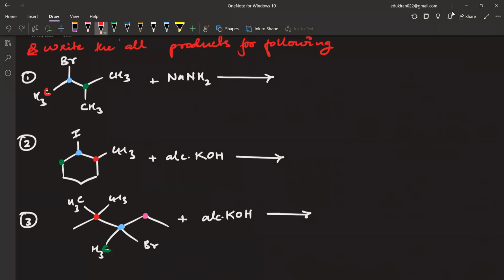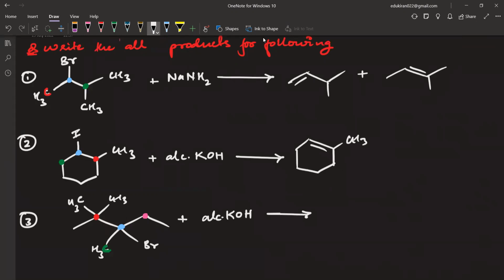I hope I can write the answers now, because I have shown what you have to do. You just have to remove the Br. In the first structure, everything will be the same, and there will be a double bond with this carbon, plus there can be a double bond with the carbon here. For the second structure, there can be a double bond with this carbon atom. I have to remove the iodine. Please remember that. Remove the halogen,